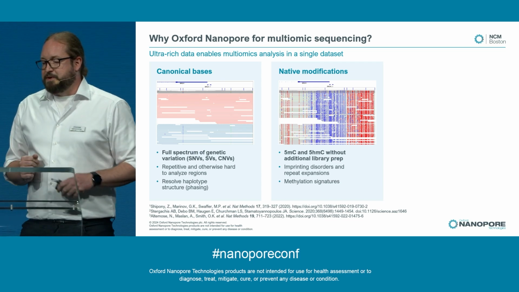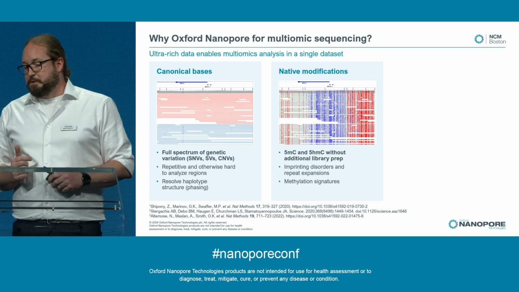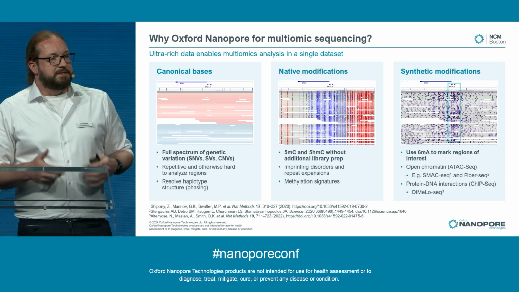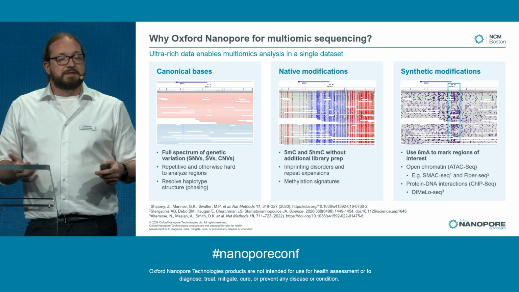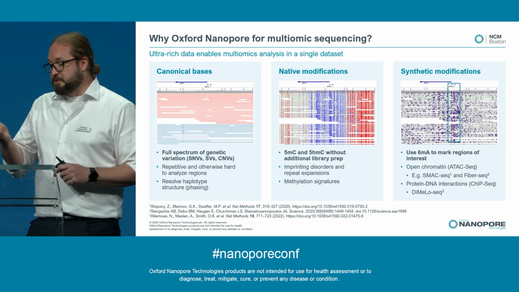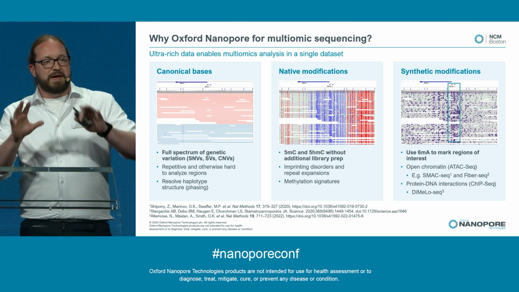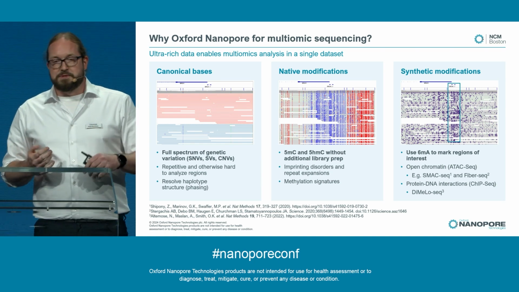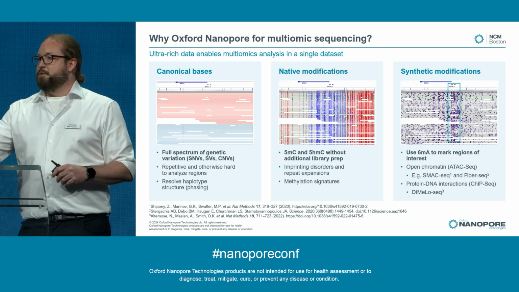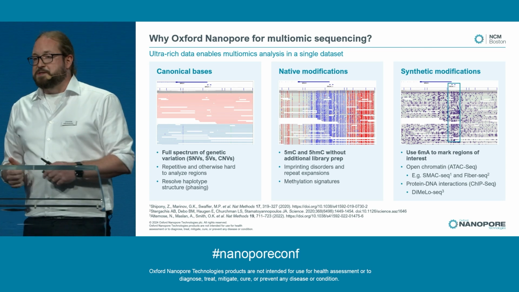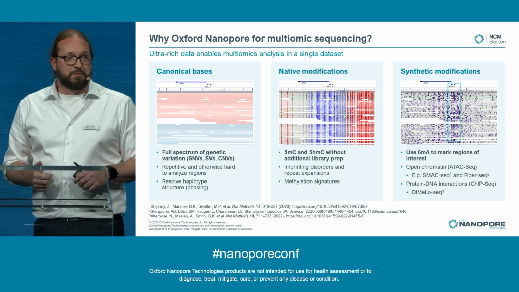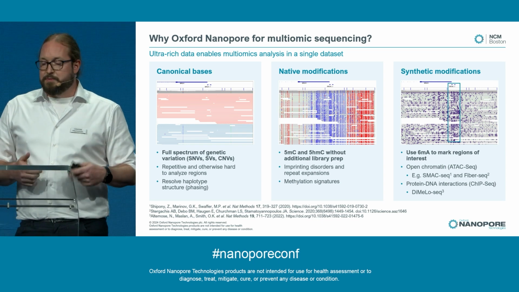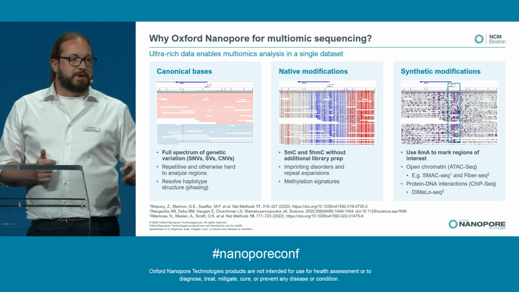But then the third one is really interesting. It's something that more and more people are exploring, and that is using synthetically introduced modifications that otherwise don't really occur in humans, for example 6mA, to basically paint additional information on your reads. There are different protocols to do that. One example is painting information about open chromatin on the reads using 6mA. There are different protocols, for example, SMAC-seq or Fiber-seq,